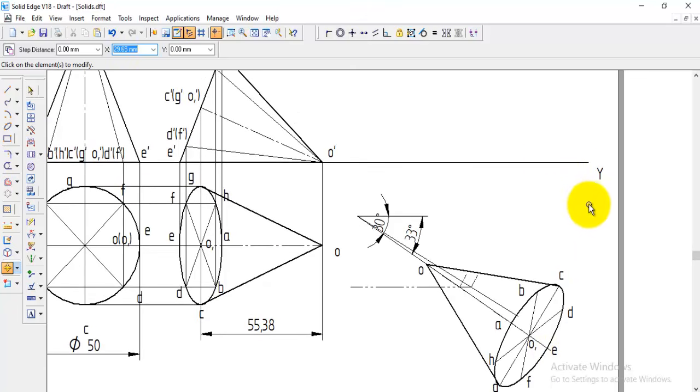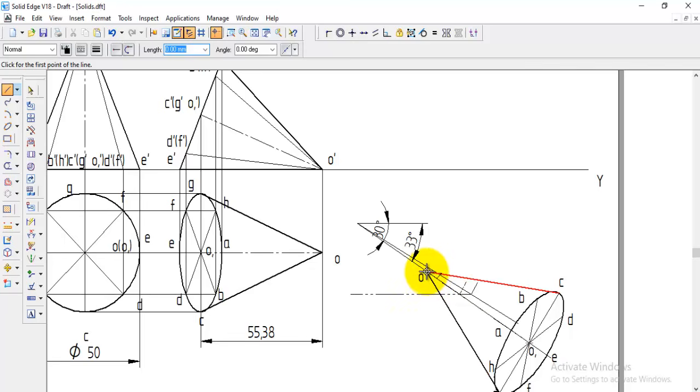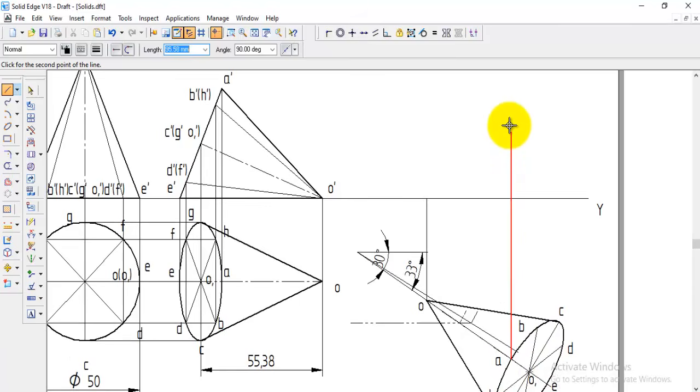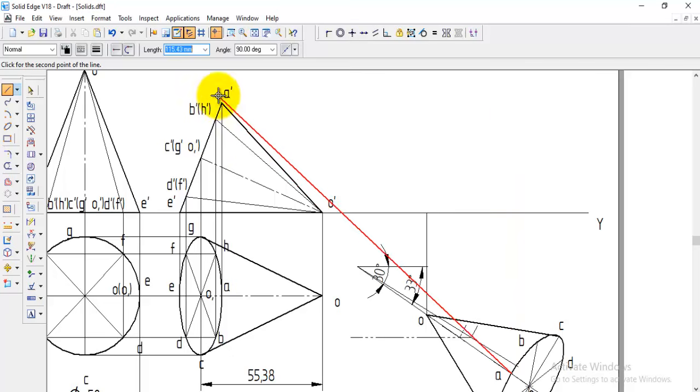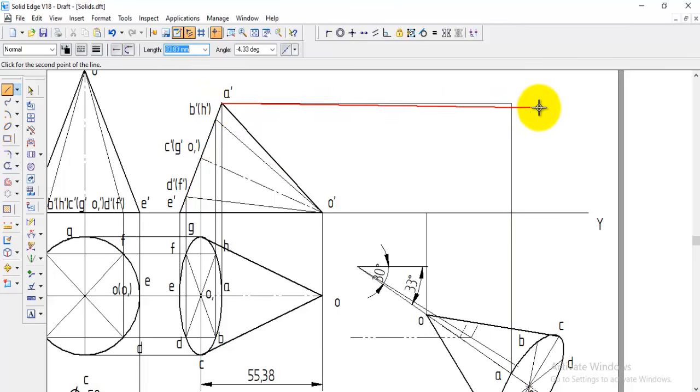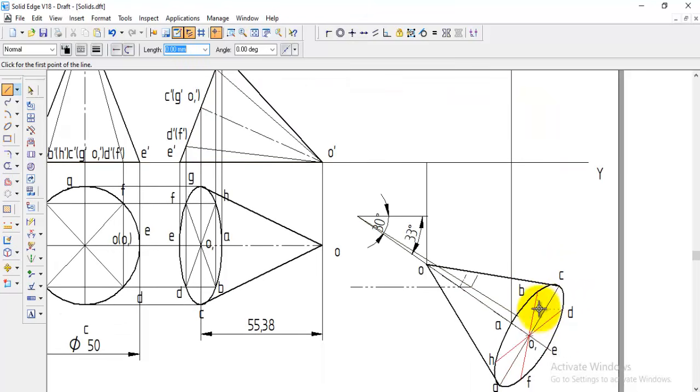Now to get the final view, as usual, draw the projection lines from all these points. First O dash is on the XY line, you can drop to here and then start from A. So A is here, A dash is at the top. You can draw the line by using the alignment indicator. You can draw the exact position, so you can avoid the trimming. A is finished, and now in the same way